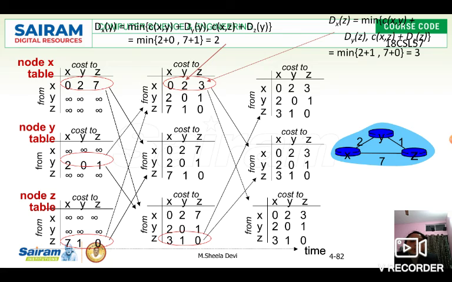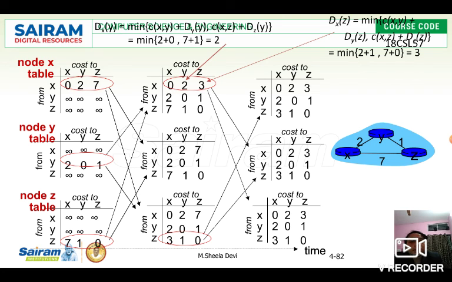So 3 steps are involved. One is every node waits for the update. Once the update is received, it will check whether the information already in the routing table is lesser, that is, the cost is less, the least cost path is formed. It will update its routing table, then it will give the updated information to its neighbors. If it is not finding the least cost path in the new information, then it is not going to change any value in its routing table and it will not update to its neighbors. This is how Bellman-Ford works.